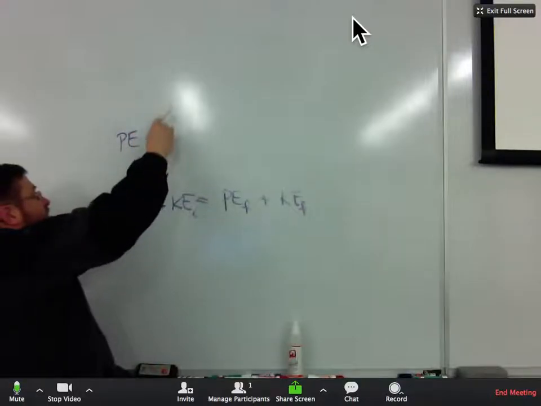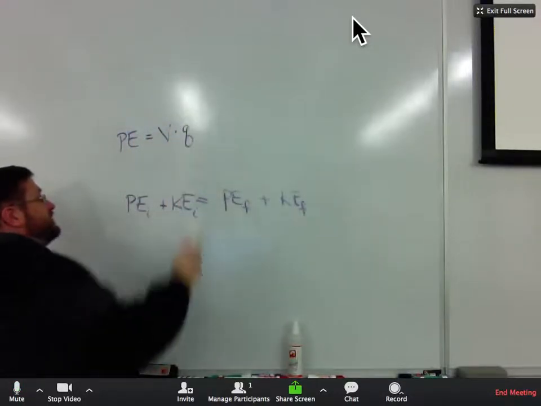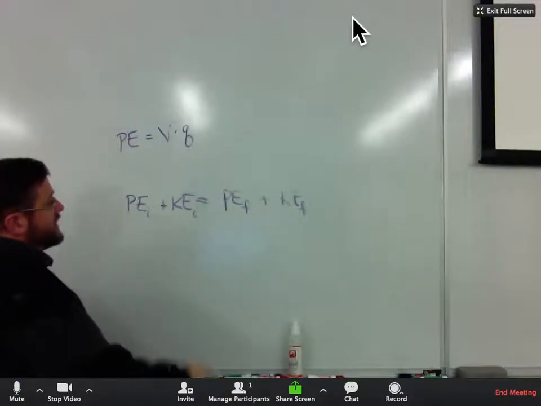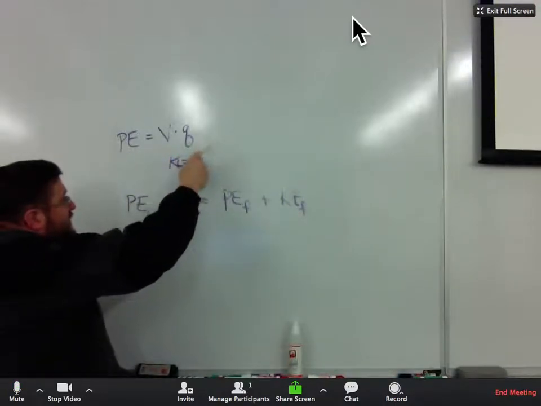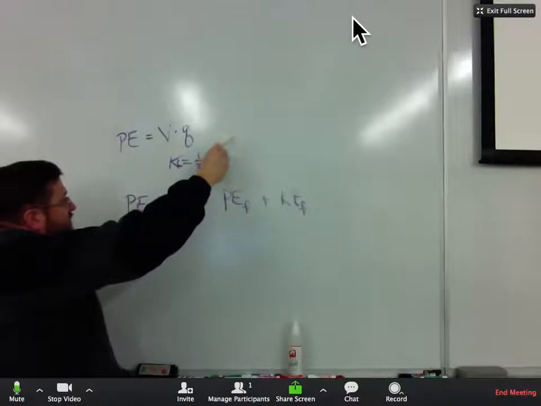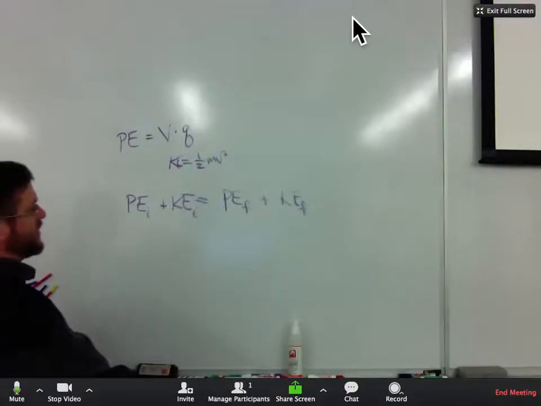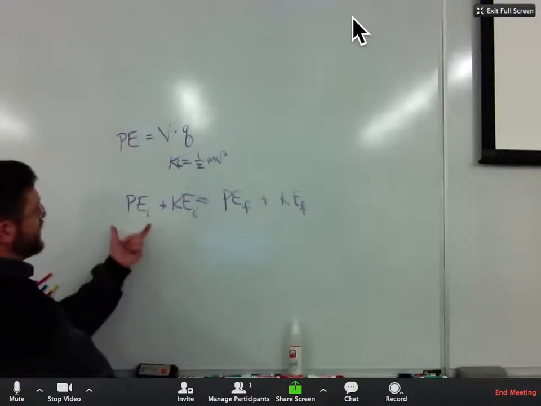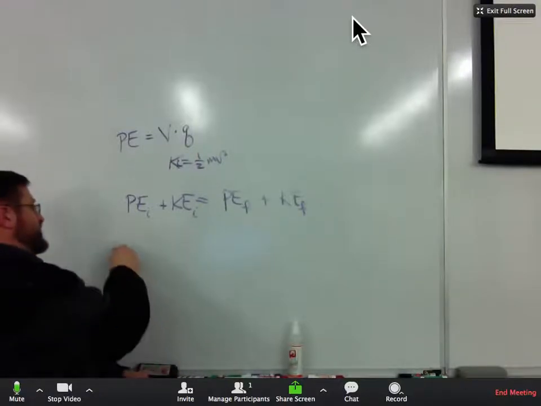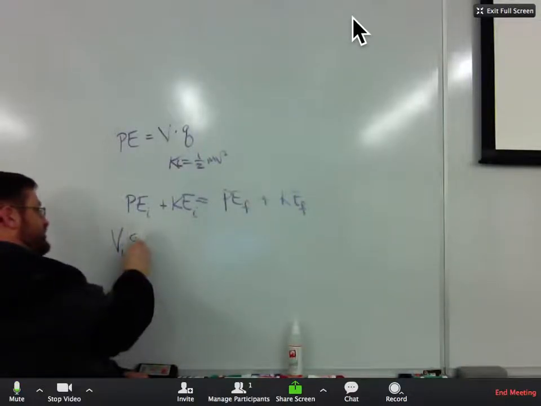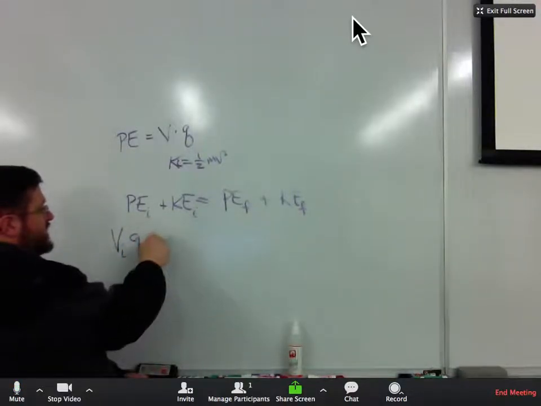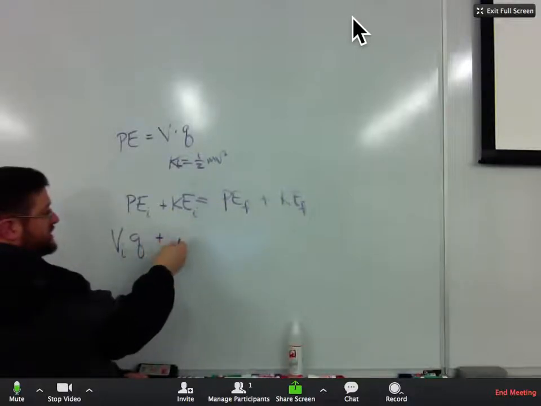is equal to voltage times charge, V times Q. And kinetic energy is just what it was before, 1/2 mv squared, mass of the charge times the velocity of the charge squared. If we know the potential energy at the beginning, we say that we know that voltage 1, or voltage initial, is VI, and we know the charge is just Q, whatever it is. And then we know our kinetic energy initial, let's say it's